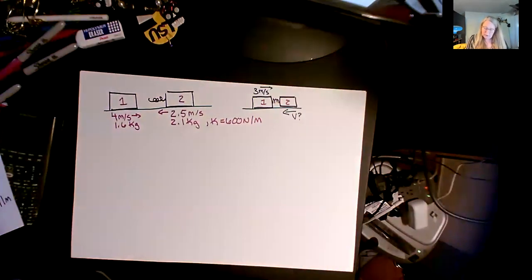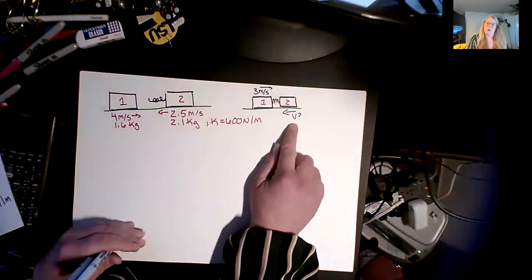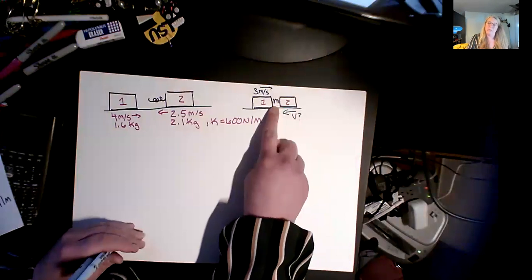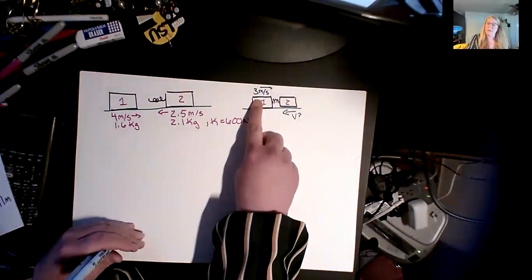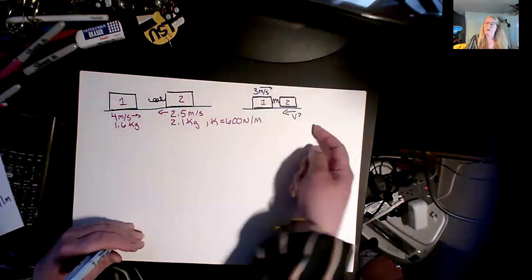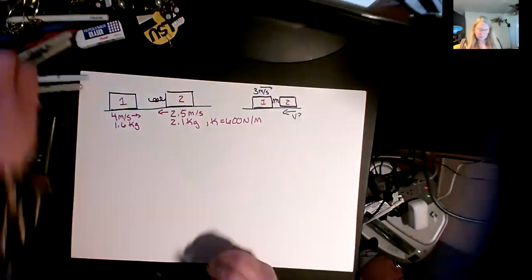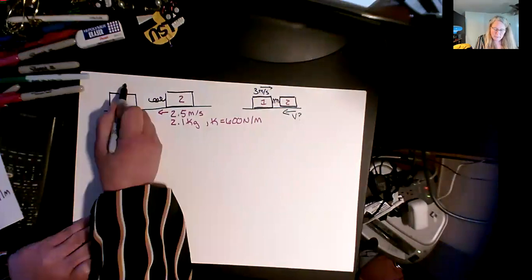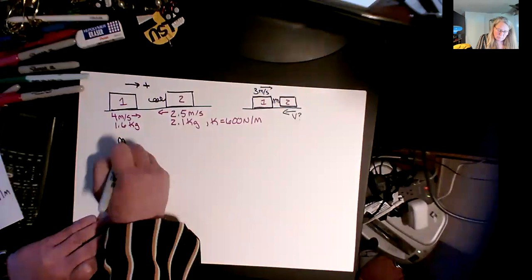So we can look at this first. The first question could be, what's the velocity of this cart? Then the second part that we'll figure out is how far does that spring compress at this snapshot in time? So when this cart is going 3 meters per second still this way, and this cart is still going that way. So let's see. In terms of momentum, if I define this direction as positive, then I'll have mass 1, velocity 1,